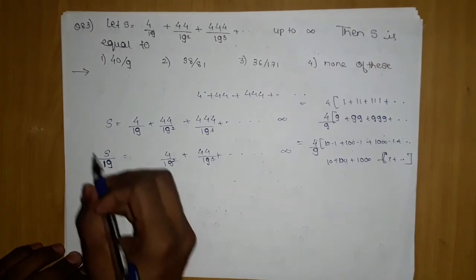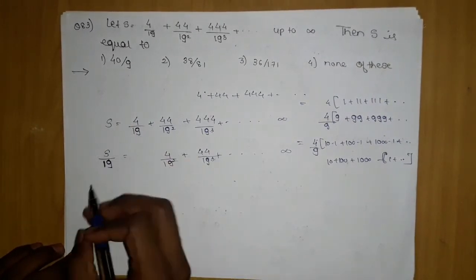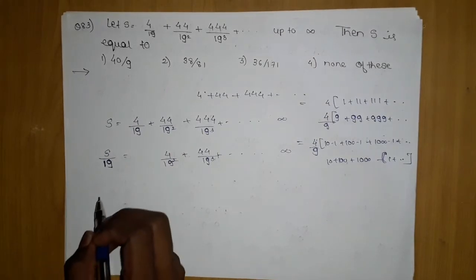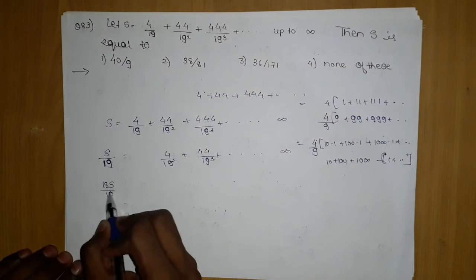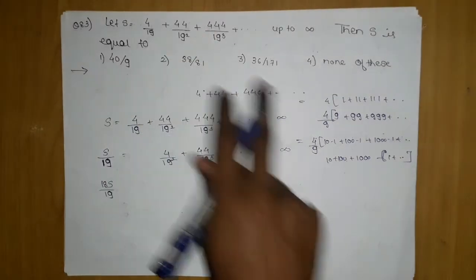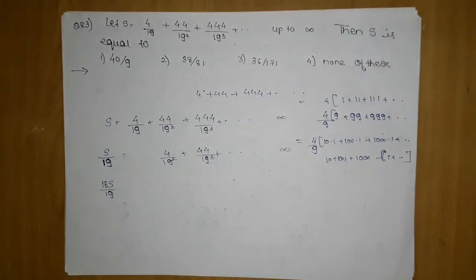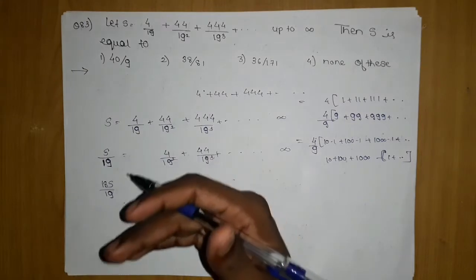And if I subtract them, the next step used to be subtracting them. So this will become 18S by 19. Remember, it is not an AGP. It is not an AGP, since this used to form a GP after manipulation. Keep that in mind. This is a special type of variety of problem, and this is the pattern. Solve it like an AGP.